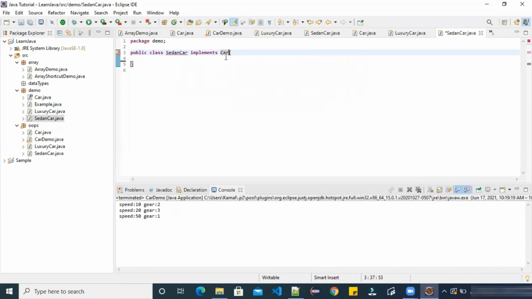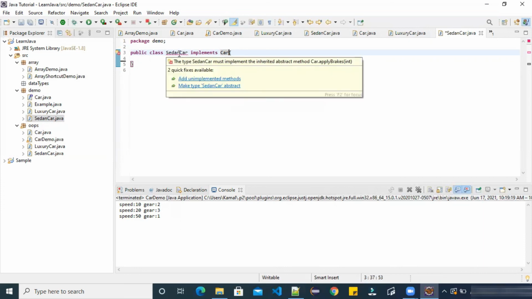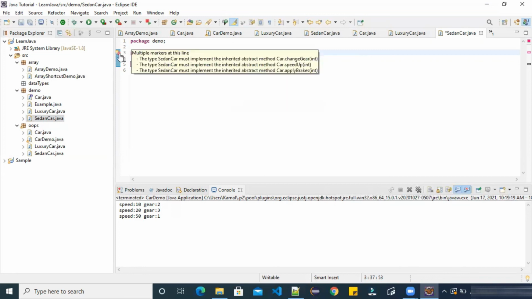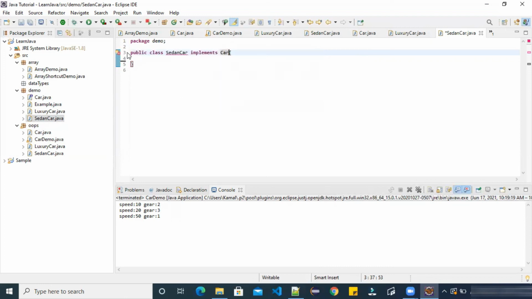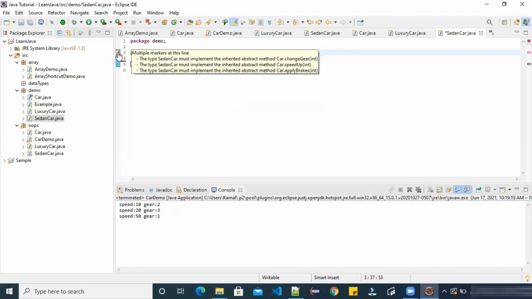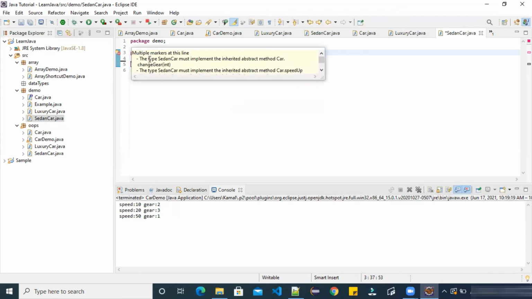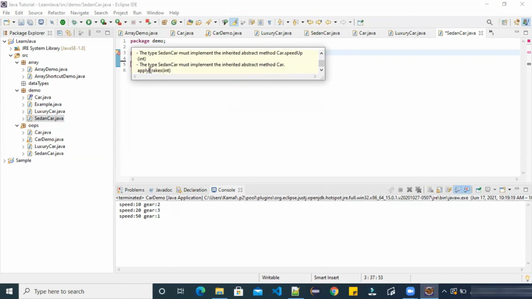As soon as we finish typing, it will compile automatically behind the scenes, and we are getting errors here. What are the errors? You can see here. If you go to this red icon, you will see multiple markers at this line. The type sedan car must implement the method change gear from interface car. It is showing me an error for every method which we haven't defined yet.